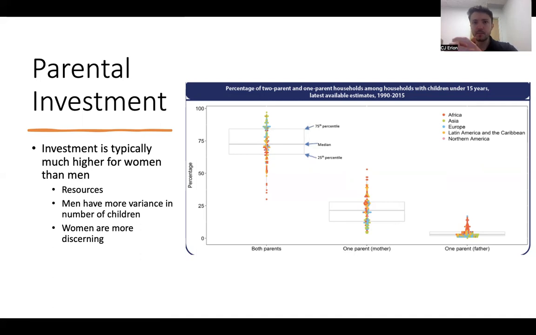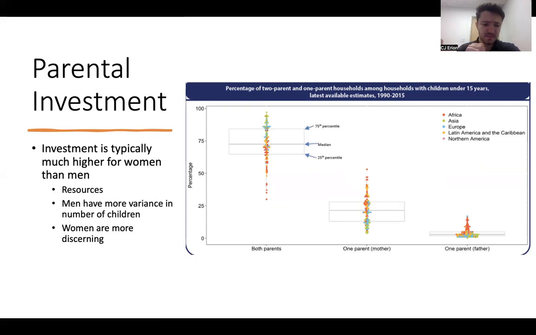Obviously, men are not so limited in terms of, again, the woman will carry out that child for 9 months and during that time can't get pregnant again. But men can go around and get other people pregnant, try to make more children at that same time, which is where this theory is coming from in terms of men having a larger variance in terms of number of children than women.